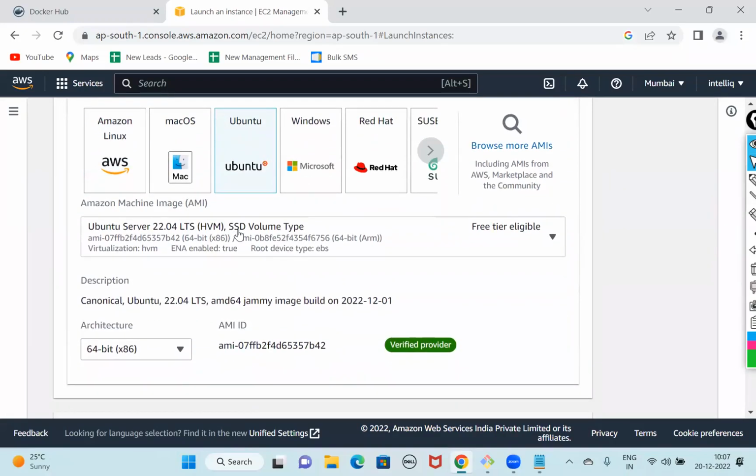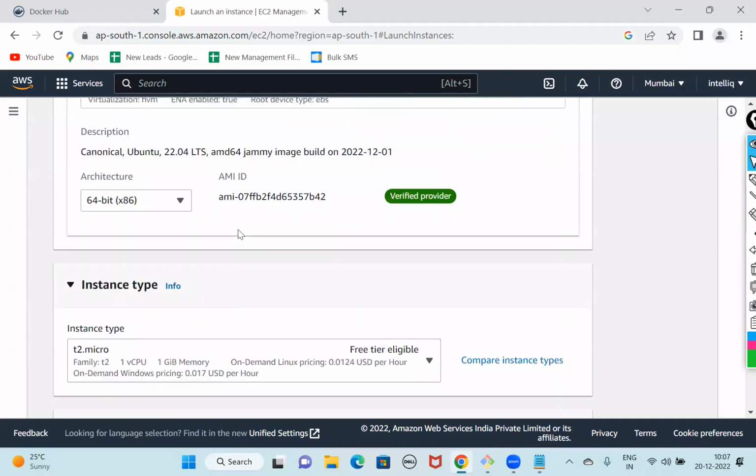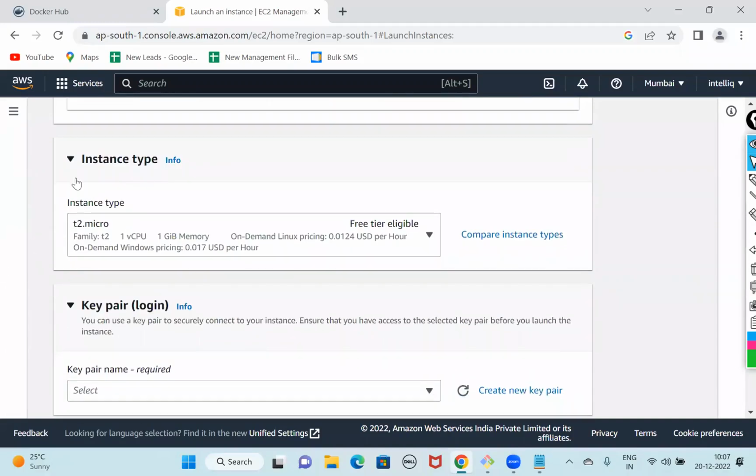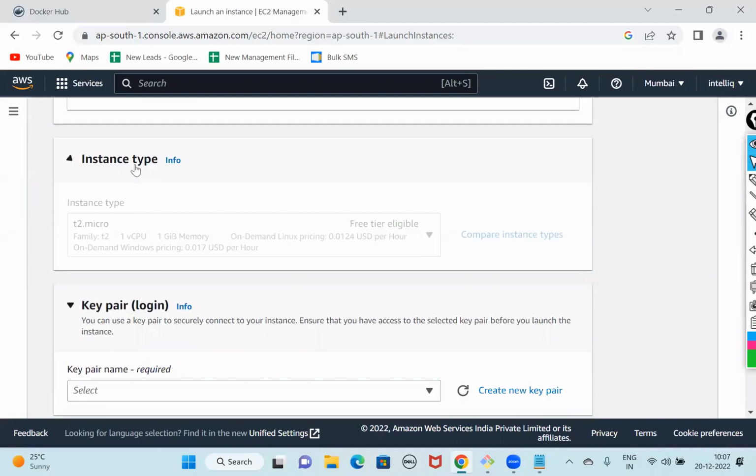Ubuntu is a flavor of Linux. Red Hat Linux, Ubuntu Linux, CentOS, Linux comes in different flavors. Ubuntu is one flavor of the Linux operating system. So we are selecting Ubuntu, and after that, it is asking you something called instance type. Instance type is nothing but the